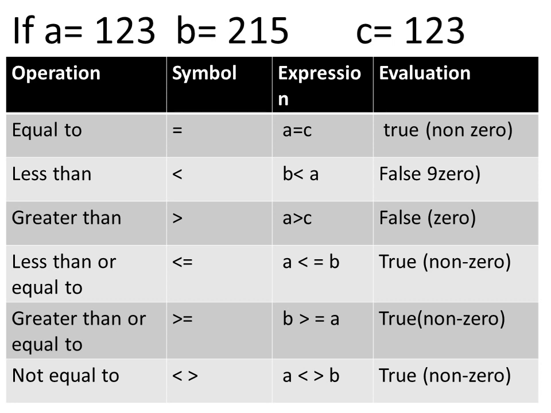All these are relational operators which are used to compare any two values. अब हम इस टेबल के ज़रिए से गिवन वैल्यूज़ को कंपेयर करके देखेंगे कि हमारे पास ट्रू रिजल्ट आता है या फॉल्स आता है. First operation is equal to. The symbol for equal to operation is equal sign. And if you compare two values a and c, then you can see that the value of a and c are equal, so we write a equal to c, which is our true result.